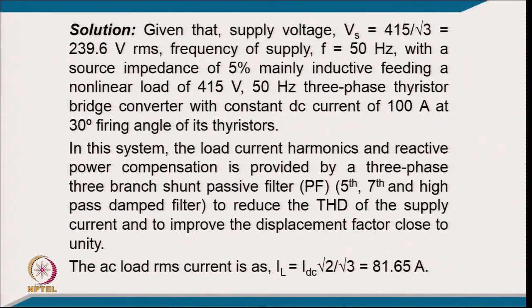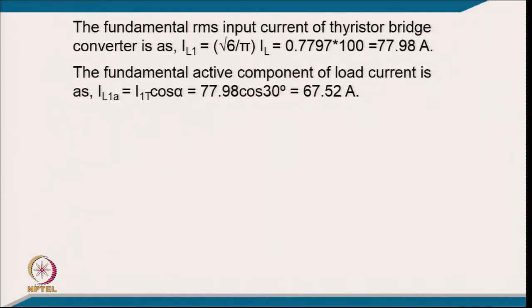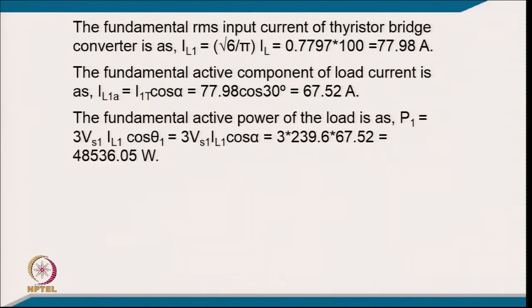so that comes 81.65 ampere, and the fundamental RMS input current of the thyristor bridge will be IL1 equal to root 6 by pi into IL. Given the value, it comes 77.98 ampere, and the fundamental active component of current corresponding to IL1 equal to IL1 cos alpha. So, keeping the value of fire angle of 30° and current, that comes 67.52 ampere,